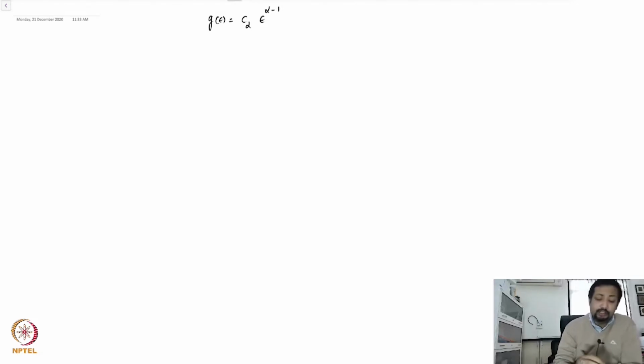This is a slight change in notation because, recall, in an earlier lecture I had said that the density of states goes as epsilon to the power alpha by 2 minus 1. But it is better to be consistent with the degrees of freedom, so one writes g(epsilon) as C_alpha epsilon to the power alpha minus 1. And we know of two particular cases. C_{3/2} is going to be 2 pi g V over h cubed, times (2m) to the power 3/2, and this is the case for a free non-relativistic gas